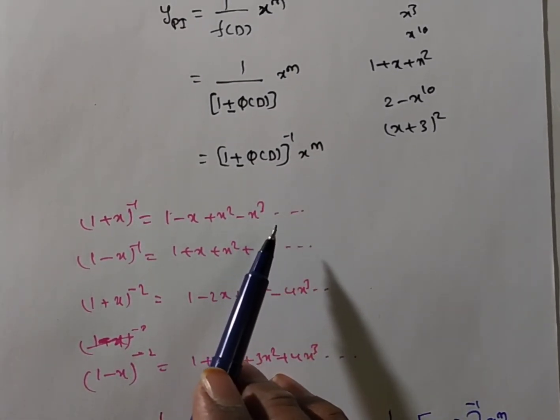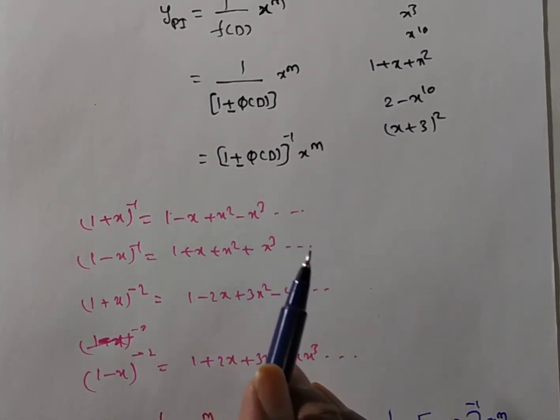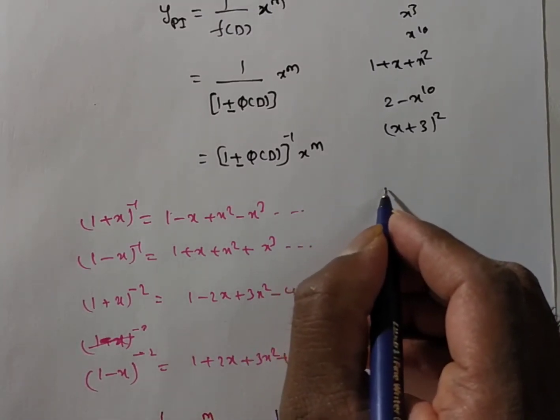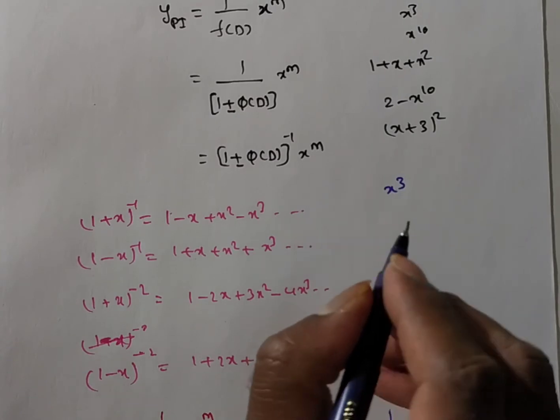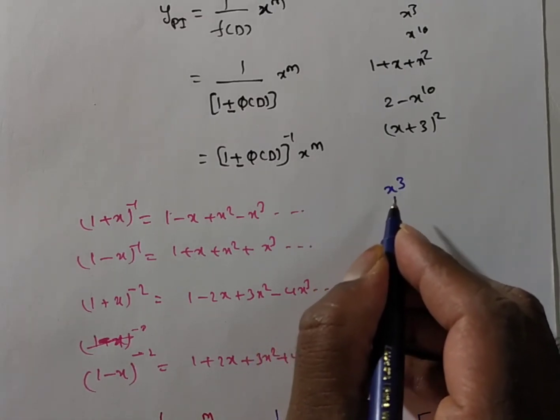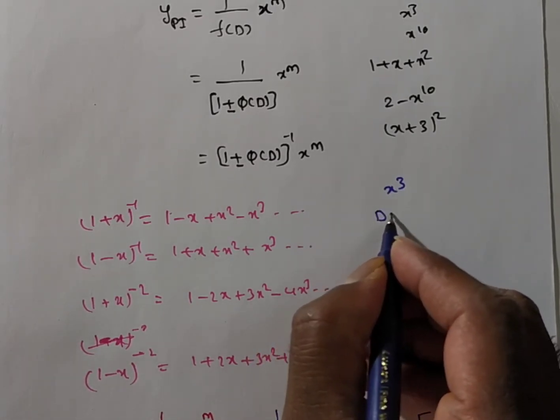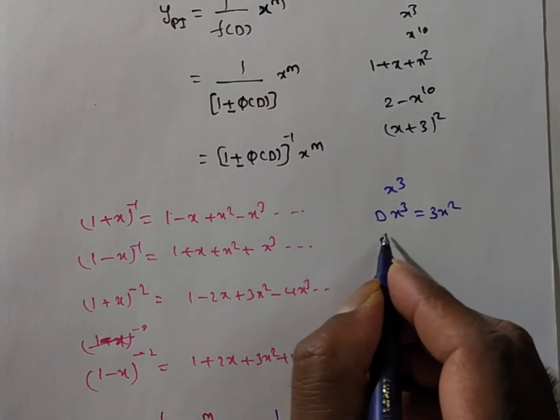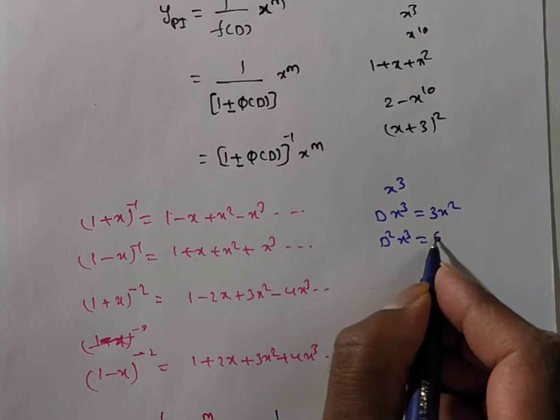x power 10, x power 20, x power 50, you may get a doubt. Now I am giving a hint for that also. You see, friends, if a polynomial of degree 3 is there, let the highest degree be 3. Now you see, what is the derivative of x cube? 3x square. Next, d square of x cube, the second derivative, is 6x.